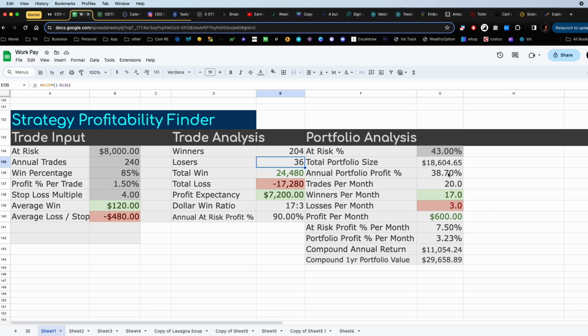My annualized portfolio profit, so basically my profit, this $7,200, what does that mean for my portfolio? That means I'm going to win about 38% for that year. Again, I'm breaking down these trades as far as a monthly trade, and this is where I get those monthly trade numbers. This right here, this is really where the rubber meets the road for me, because in my trading game, weekly is the easiest way for me to digest everything.